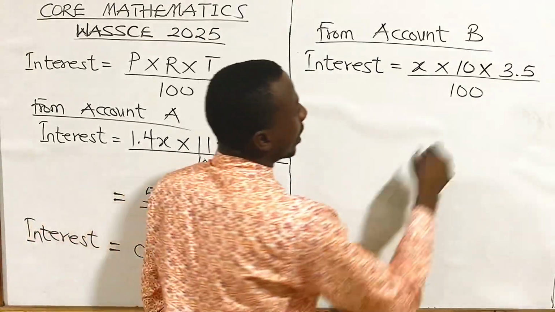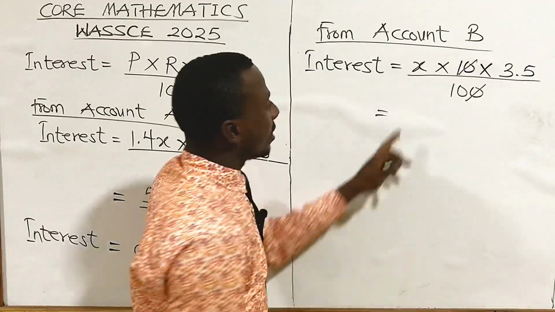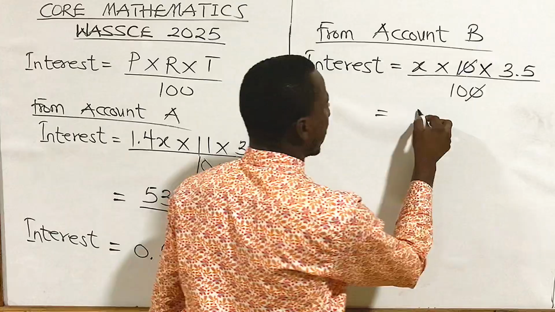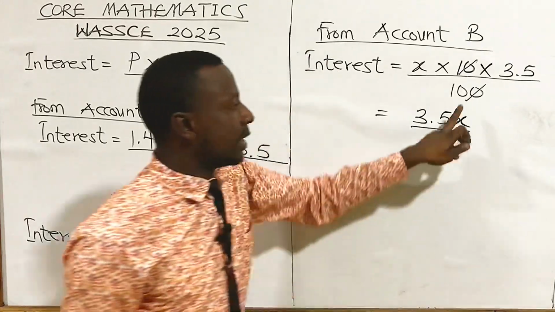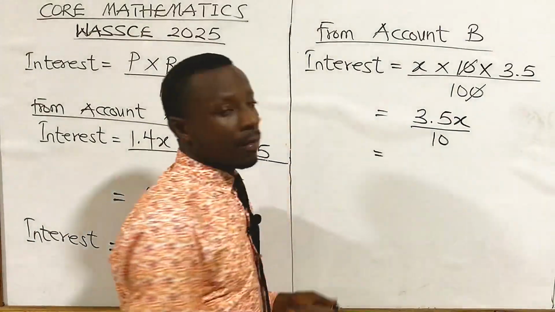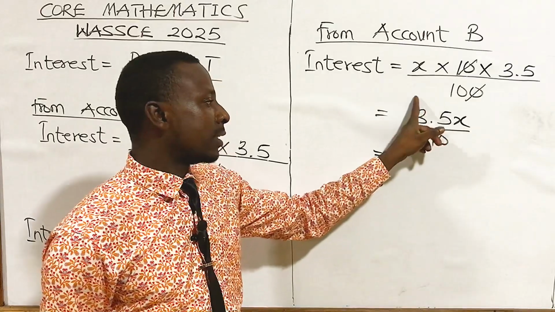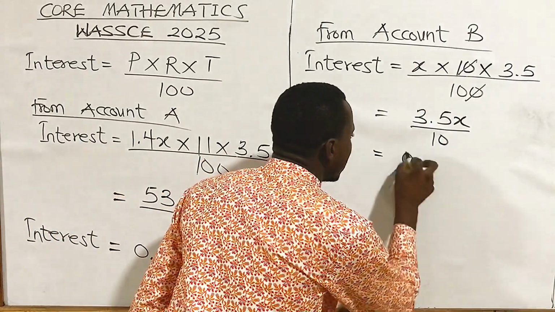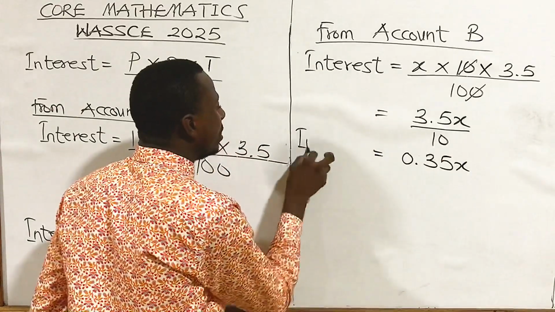So from here, we can cancel this and this. We get x times 1 times 3.5, which is 3.5x all over the denominator, which is 10. Because it has been divided by 10, we move the decimal once backward, and we get 0.35x to be the interest